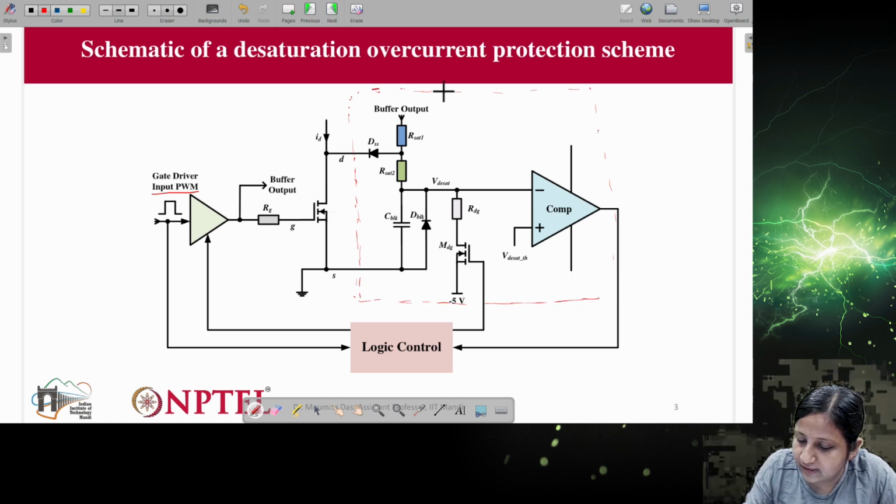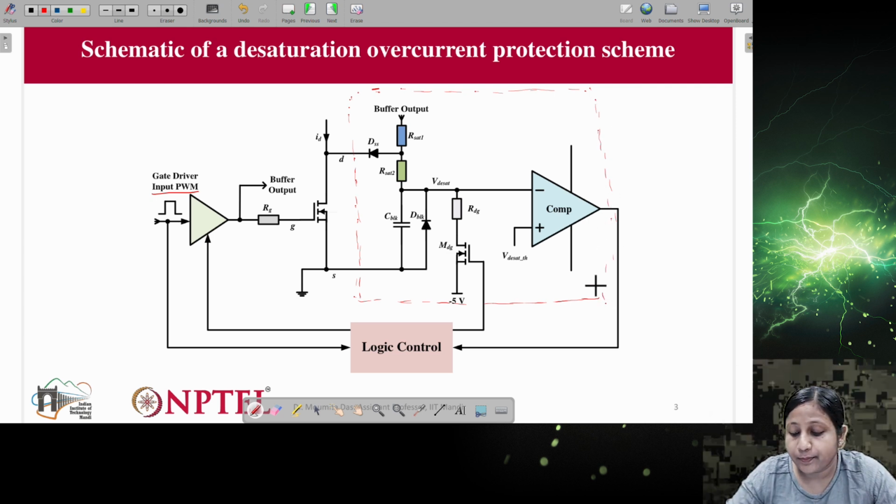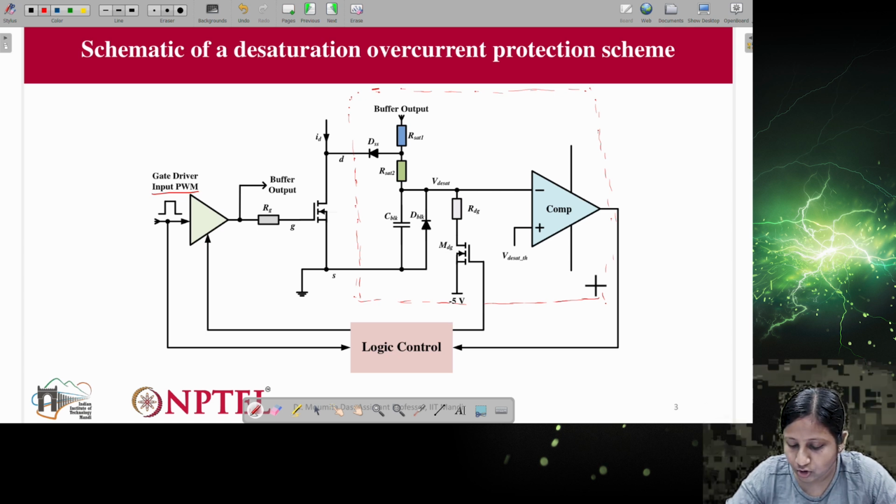This entire dotted network provides the required signal by sensing the drain-to-source or collector-emitter voltage, depending on the kind of device we are using. In this case, the drain-to-source voltage will be sensed.